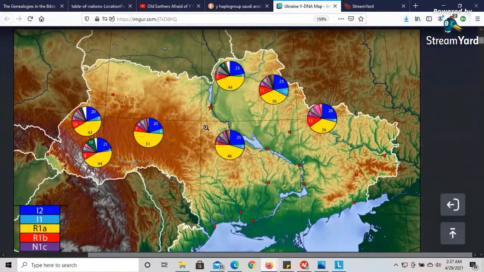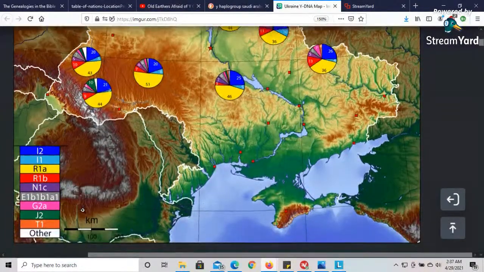So what we need here is to look at this color code chart. What do you call it? There's a word for this thing, but my geography class was so long ago, I forgot what it was. The legend. Legend? Anyway,